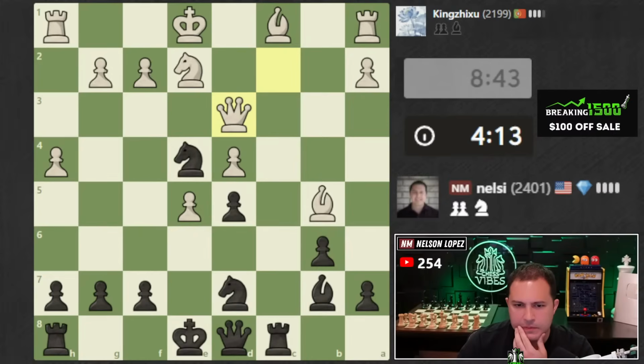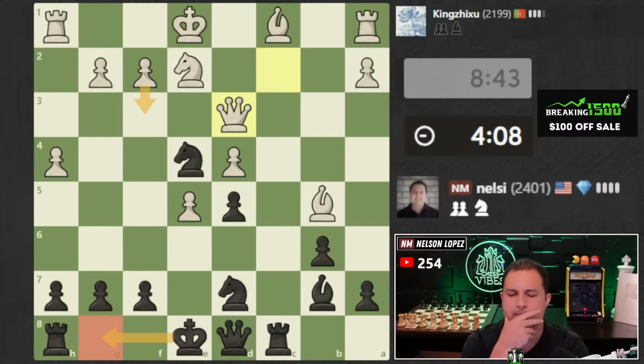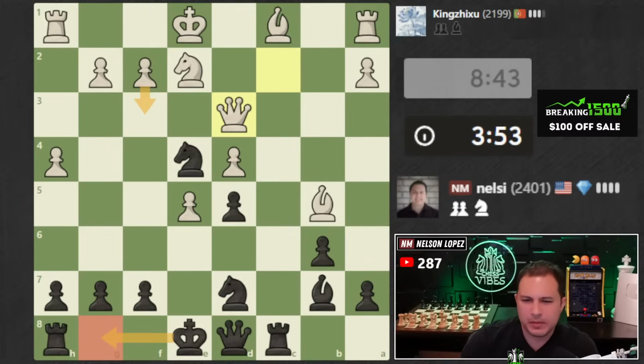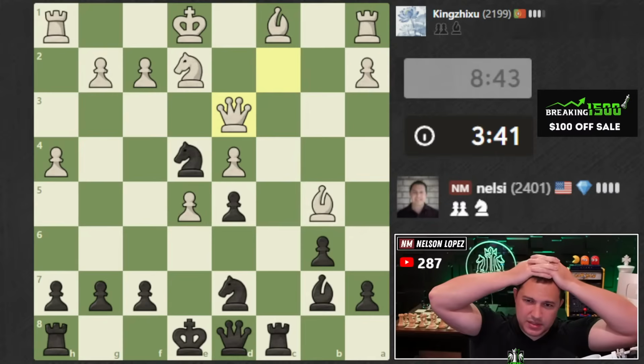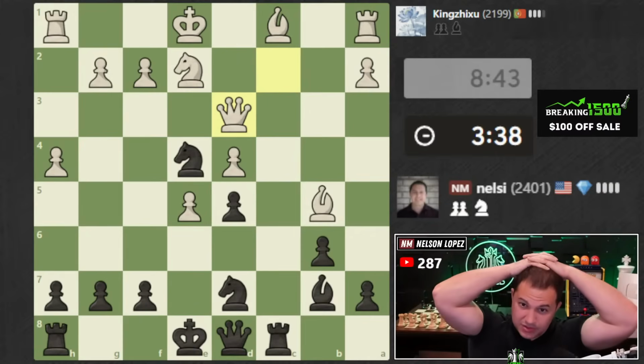So I want to castle, but what happens on f3? How do we save the knight? Maybe we can't. Maybe we can't save the knight, so we could sacrifice it. I don't know if we get enough counterplay with something like knight c5, for example. Because let's see, their king's in the center, my king is castled. That actually doesn't look as bad as...